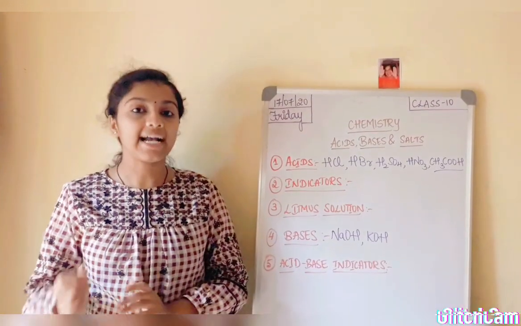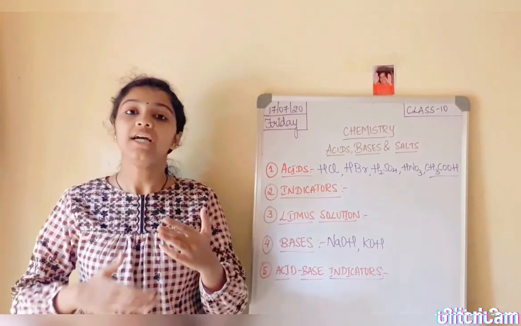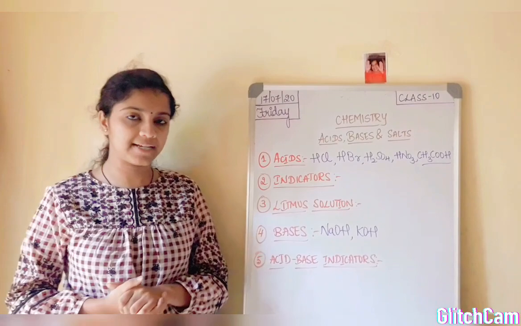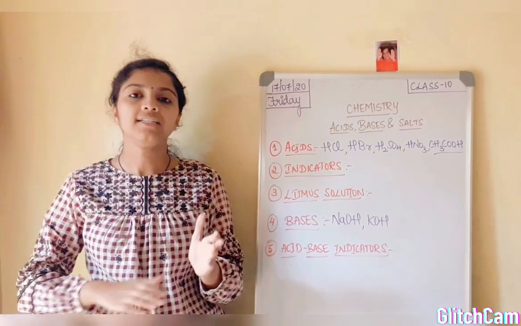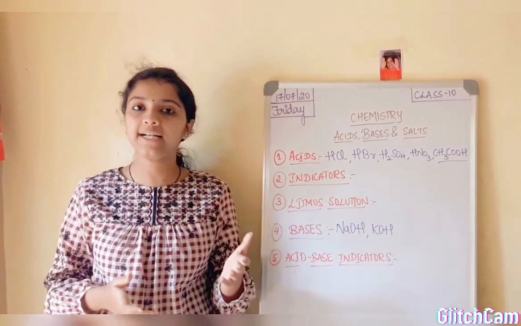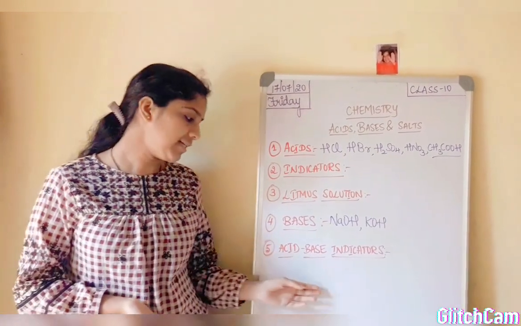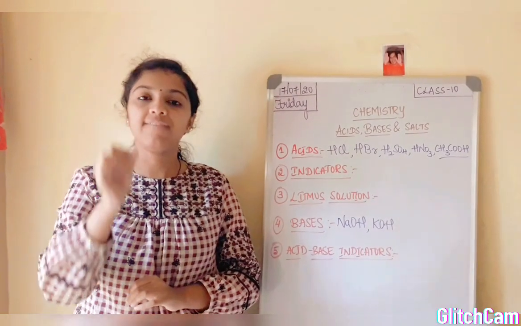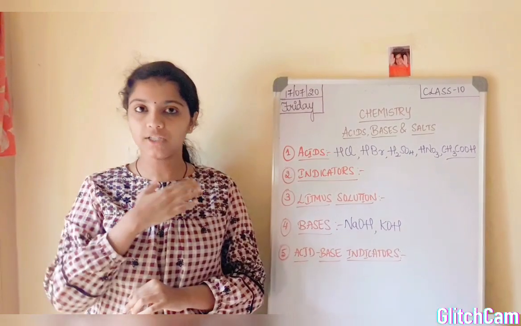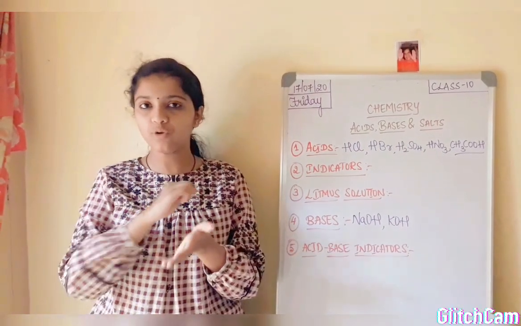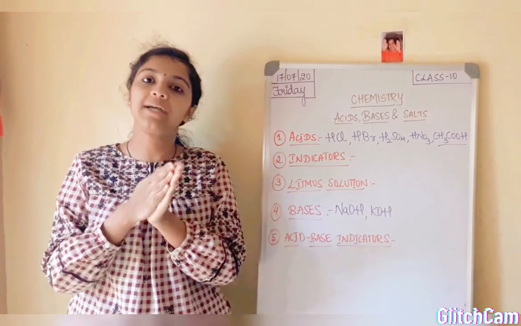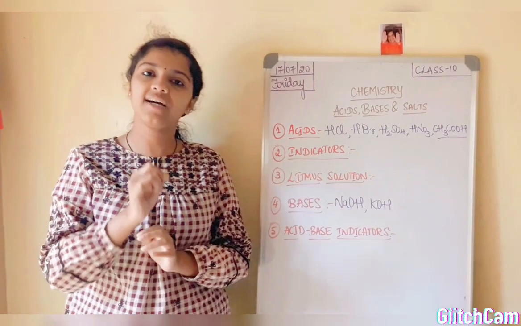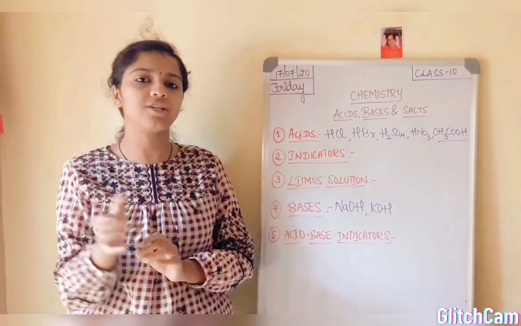Acid-base indicators. Acid-base indicators are those substances which give different colors in different solutions. Litmus solution is an example of acid-base indicators, where blue litmus turns red when it is acidified and red litmus turns blue when base is added. Turmeric is also an acid-base indicator. When a yellow stain of turmeric is on your clothes and you wash them with soap, the yellow stain becomes red in color. This shows that the soap contains base in it. That is how the turmeric indicates that the soap solution contains base.